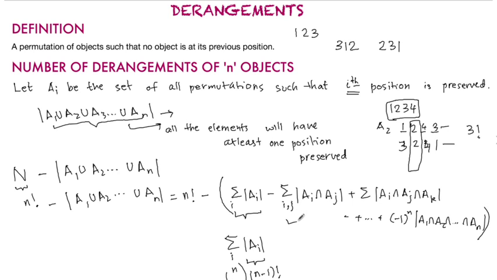Now let's go to this one. Here we have two positions preserved, position i and position j, and we can play with the other n minus 2 positions, so that's why we have (n-2)! permutations. And then due to this summation, we can choose those two positions in n choose 2 ways. Okay. So similarly, if we do all this, then